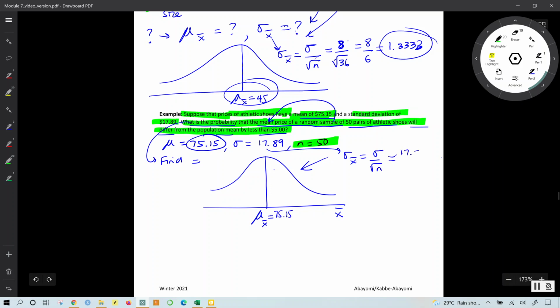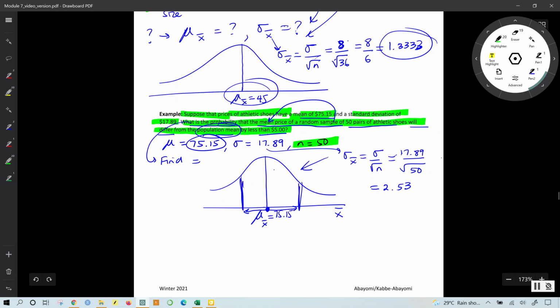That will be 17.89 divided by the square root of 50, which is equal to 2.53. Okay, now that we have that value, we can proceed to interpret this question. The probability that the mean price will differ from the population mean by less than $5. Well, that would mean differing from 75.15, which is the population mean, by less than $5 would be